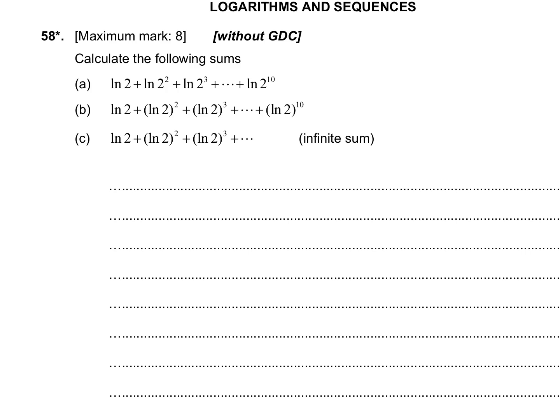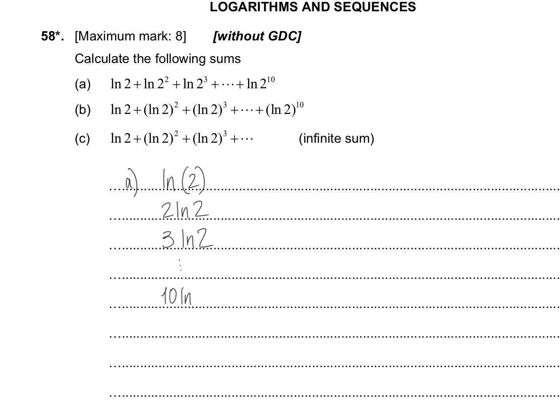Okay, so calculate the following sums. So, we have, for natural log, okay. So this one is like, U1 is natural log 2, and then U2 is 2 natural log 2,